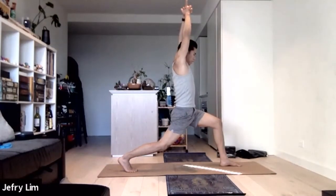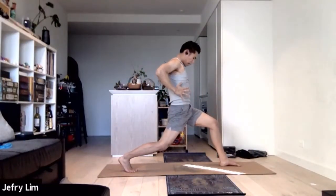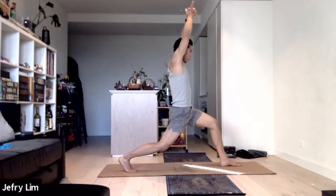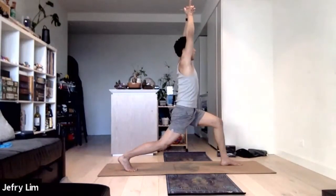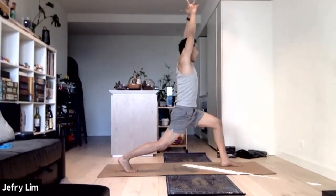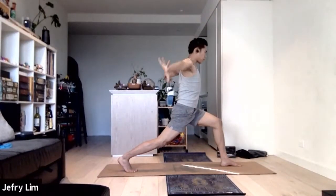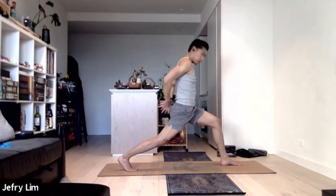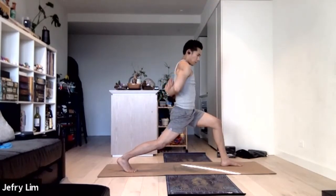All right, from here, notice if you're dumping your lower back, I want you to start with hugging your ribcage in. Project your fingertips up to the sky, okay? Now, take a deep breath in and as you exhale, clasp your arms behind you. This is your first option, to clasp your arms. Your second one, if you can find your reverse namaste there,